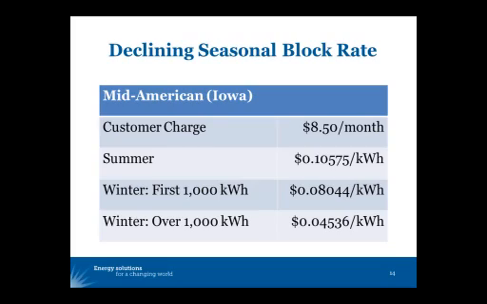At the bottom I have Newfoundland Power. That's a winter peaking utility. It doesn't have a customer charge, but the summer rate about 9.5 cents, the winter rate about 12 cents. So seasonal rates can go either direction depending upon what the seasonal demand of the utility is when its customers